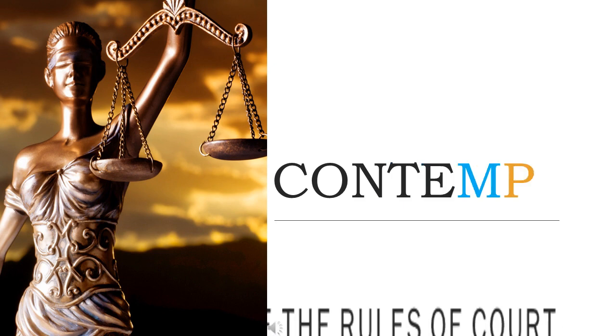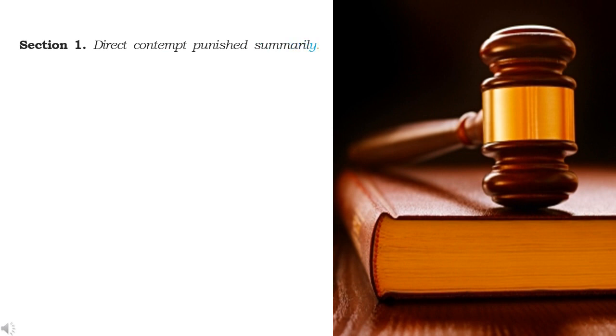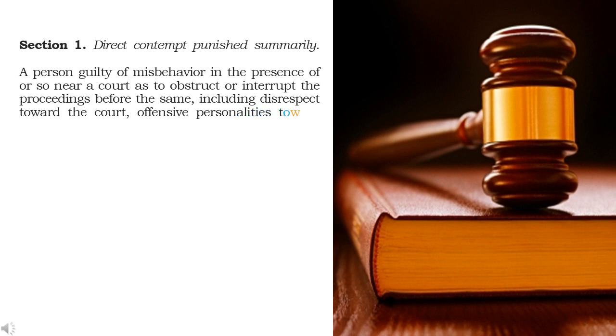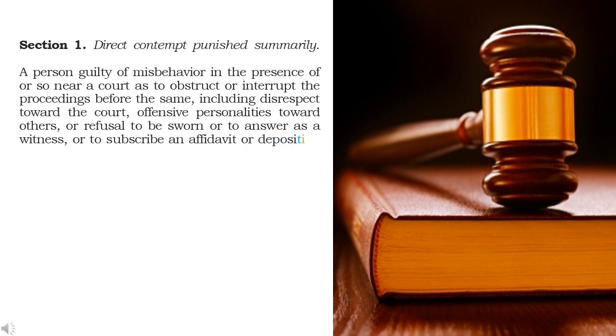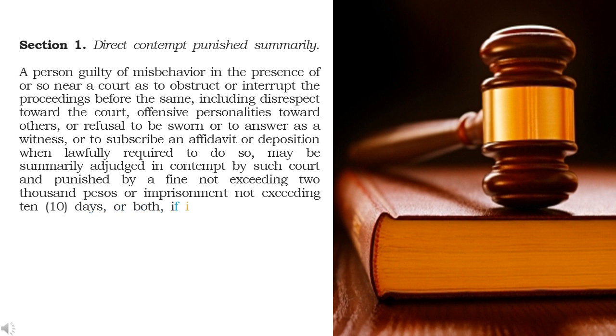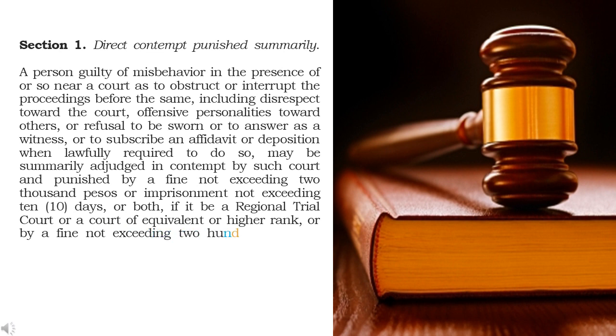Rule 71 of the Rules of Court. Contempt. Section 1. Direct contempt punished summarily. A person guilty of misbehavior in the presence of or so near a court as to obstruct or interrupt the proceedings before the same, including disrespect toward the court, offensive personalities toward others, or refusal to be sworn or to answer as a witness, or to subscribe an affidavit or deposition, when lawfully required to do so, may be summarily adjudged in contempt by such court and punished by a fine not exceeding 2,000 pesos, or imprisonment not exceeding 10 days, or both,